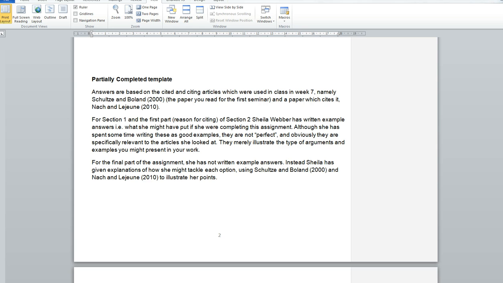And this is the template that you'll complete. By the way, obviously I haven't included the cover sheet, which is part of the template, but you must complete the cover sheet. So as I've said here, the answers are based on the two articles which I talked about